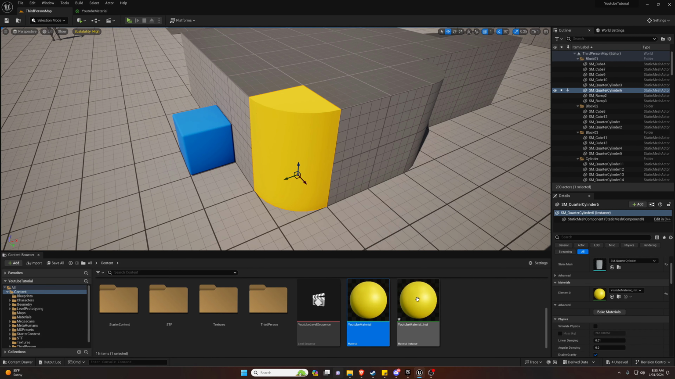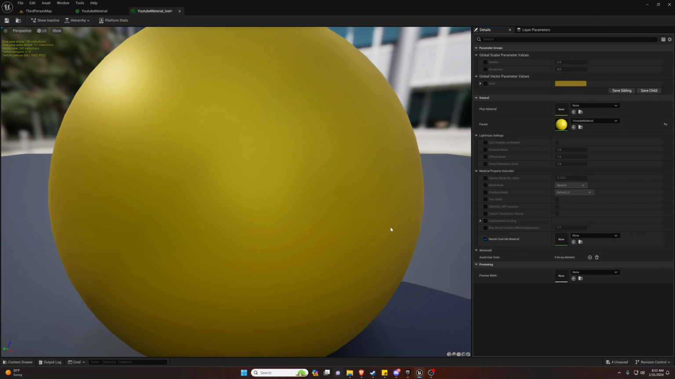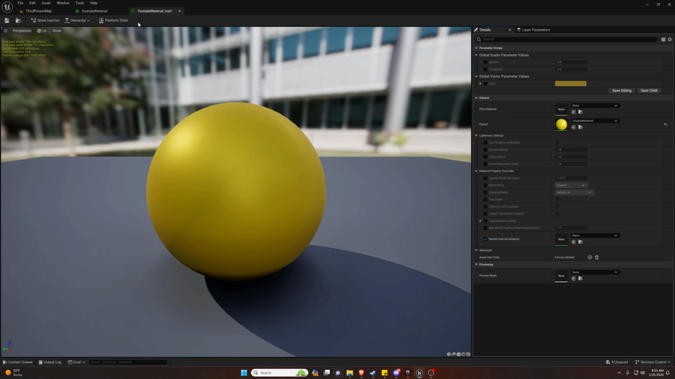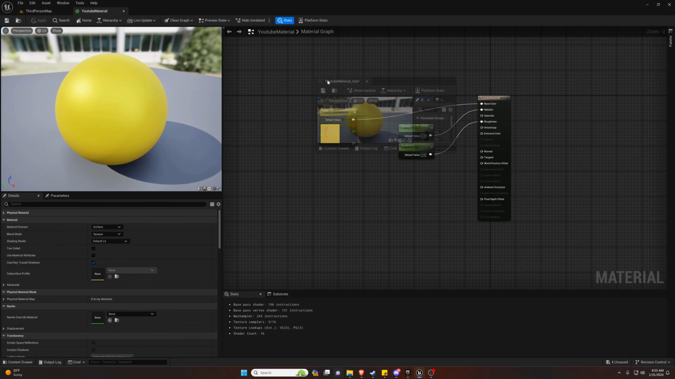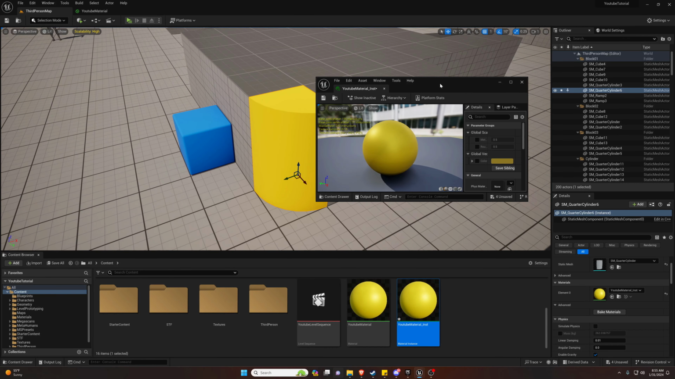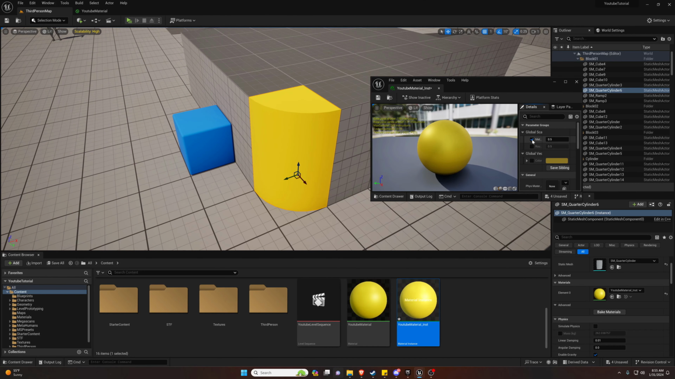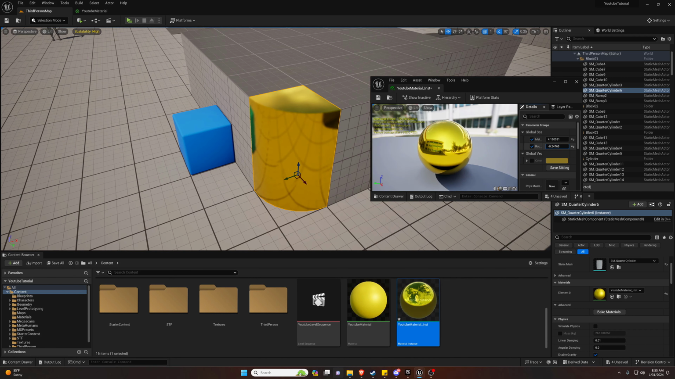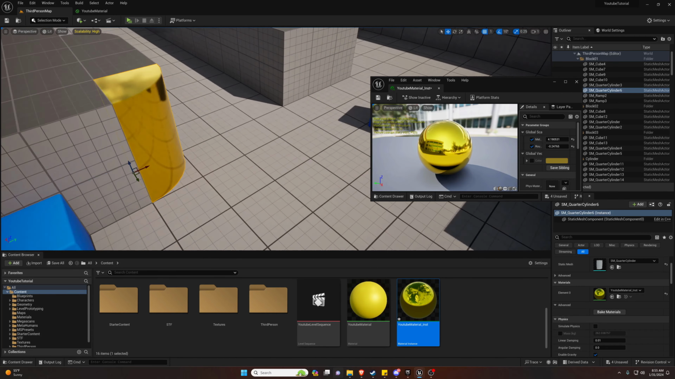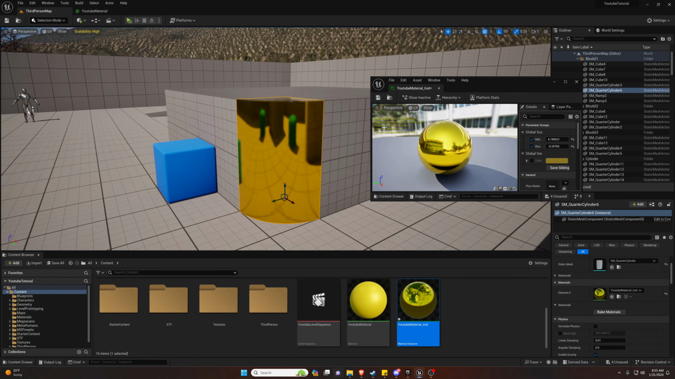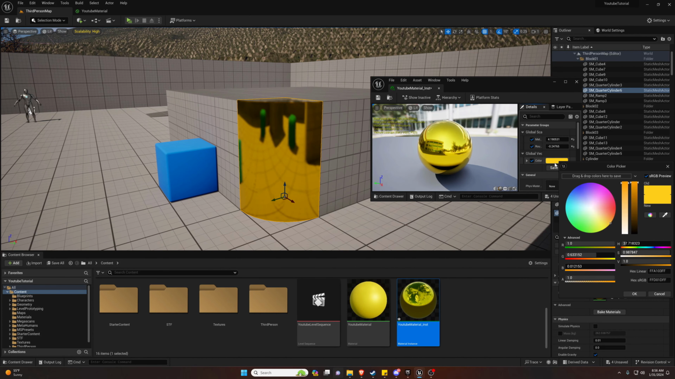Go back to our third person. And now when we open our YouTube material instance, let's go ahead and drag this into this window so we can see. We can actually adjust these values in real time and see what they do. So whatever we set up in the master material, we can create copies as children and then easily adjust those children,